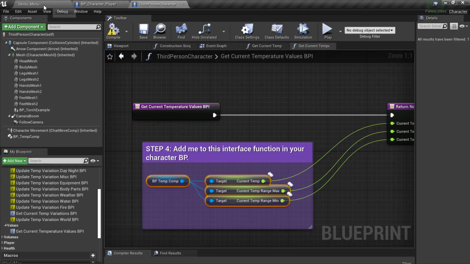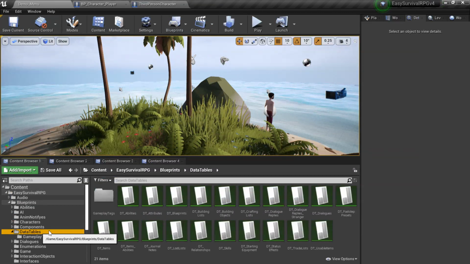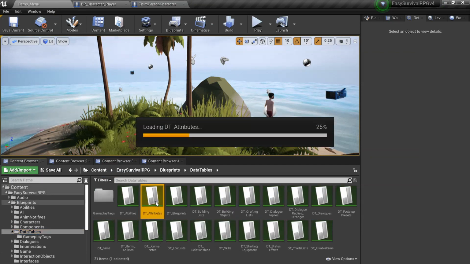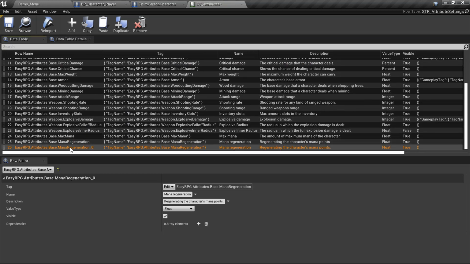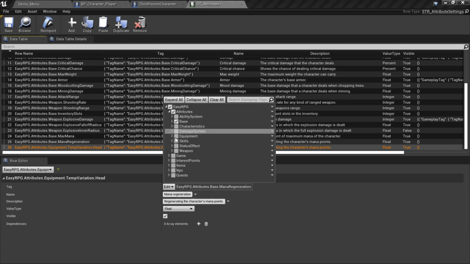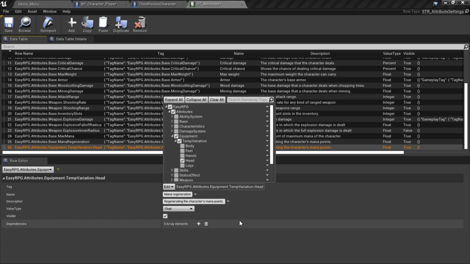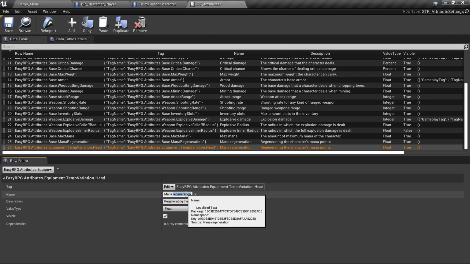Then we want to go into the data tables and we want to do the DT attributes. Open that one up. Again, head down to the bottom and we can duplicate that one. Paste in what we had before. Select the equipment, temp variation, and we'll go with head. So we'll call this temp variation head,